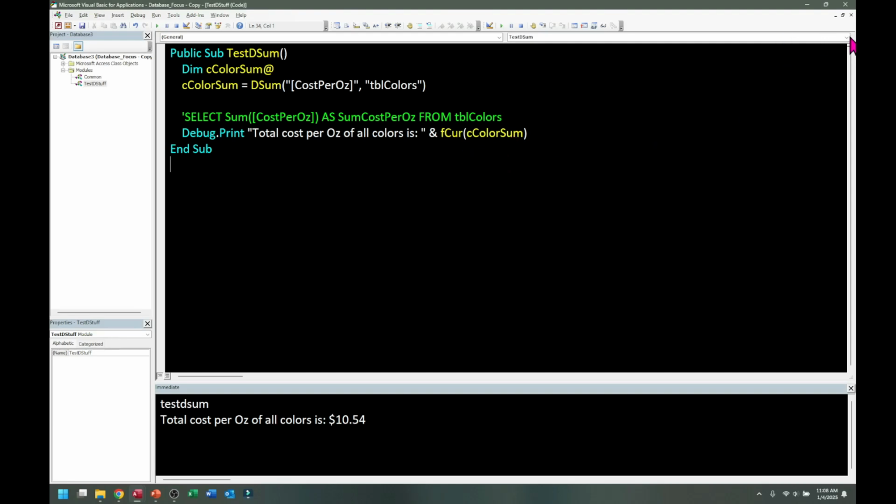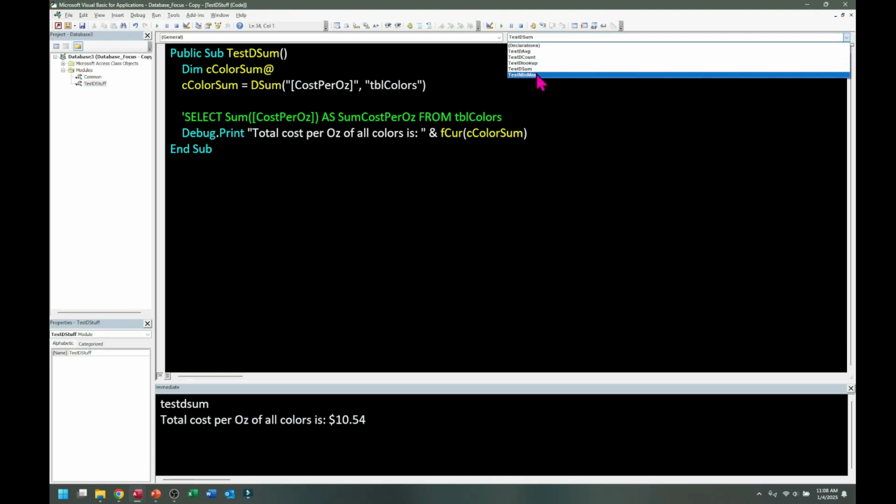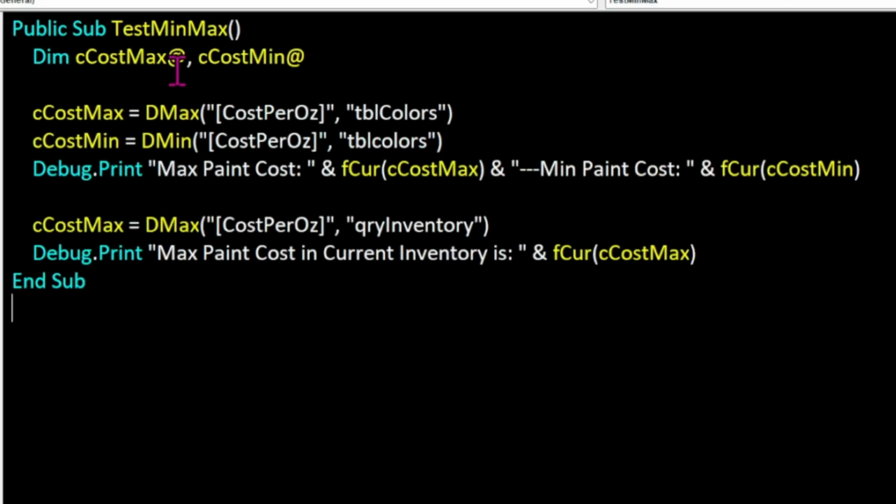Now we're going to look at min and max together just because, why not? So I again have two currency variables. I set one equal to the DMax of cost per ounce, one to the DMin, and then I debug and print that. Now again, this doesn't have to be a table, this is the domain. So I also did cost max of what is in my query inventory, which is my inventory of vehicles awaiting painting. So let's run this,